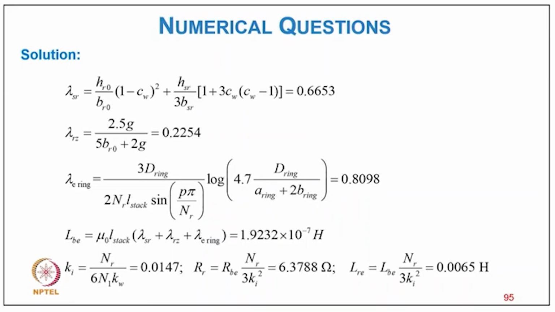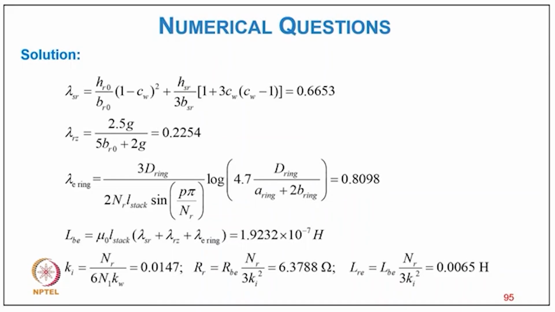lambda E ring equal to 3 D ring divided by 2 NR L stack sin P pi upon NR into log bracket 4.7 D ring upon alpha ring plus 2 B ring, so it comes 0.8098, and LB equal to mu 0 L stack in bracket lambda SR plus lambda RZ plus lambda E ring, it comes 1.9232 10 to the minus 7 Henry, and K equal to NR upon 6 W1 KW, that's 0.0147, and RR equal to